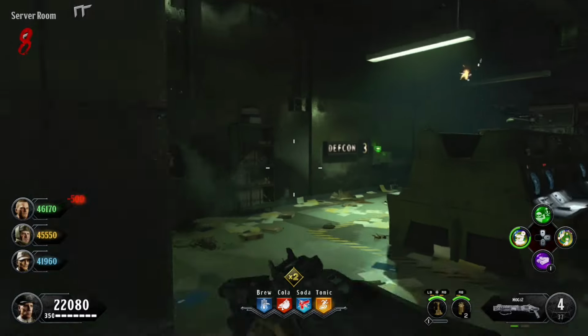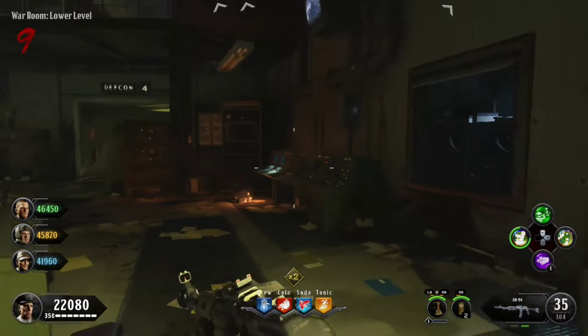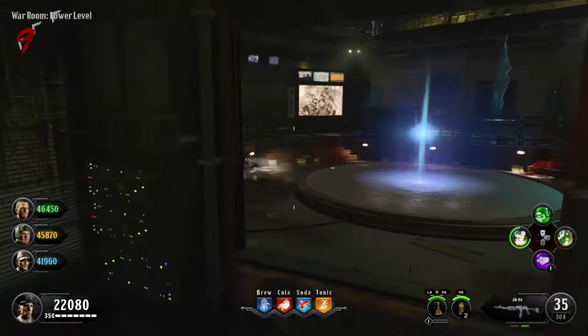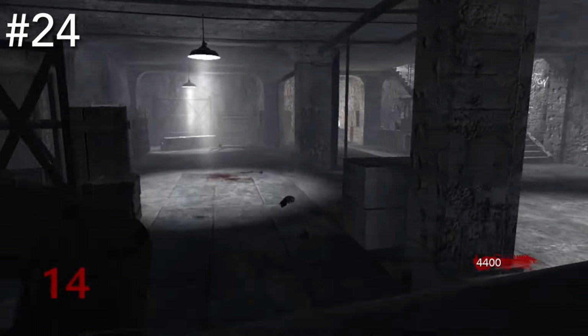The fact that it does 100 damage and it's only a wall weapon on Verrückt and mainly a box weapon, don't even pick this up at this point. Anyway, on to our number 24 spot is the Panzerschreck, and this thing can produce a lot